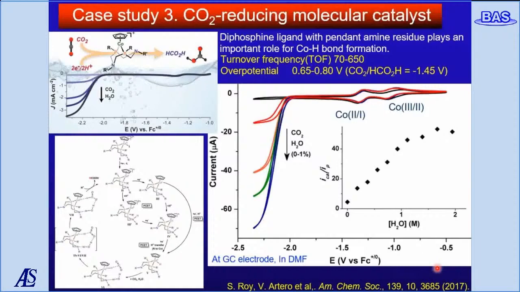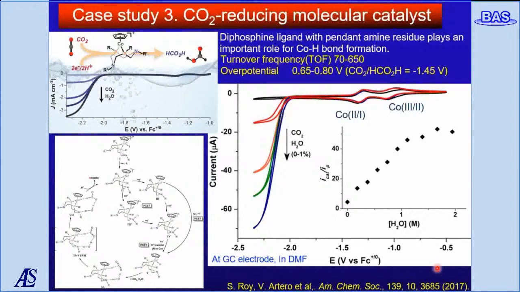I have picked up only one example, CO2 electrochemical reduction by a cobalt cyclopentadienyl diphosphine ligand with pendant amine residue as a catalyst. The CV response of the cobalt complex shows